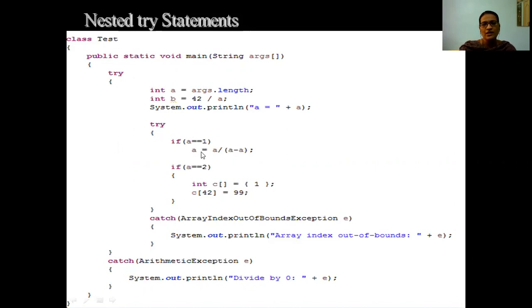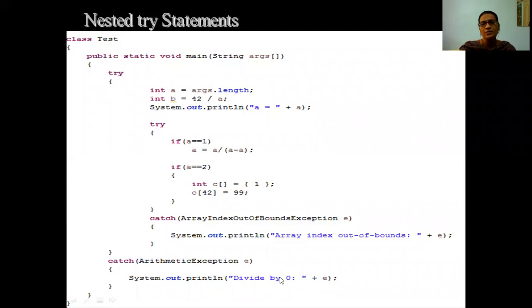they have written a logic. This is just a logic. a is equal to 1 divided by 1 minus 1, so it becomes 0. So in this nested try block we have got a divided by 0 error. That divided by 0 error will be handled by this arithmetic exception e.